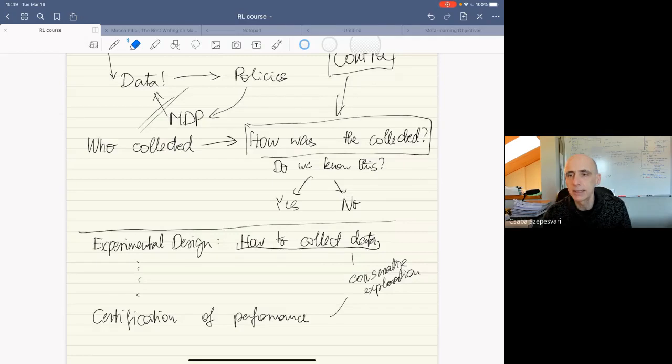Okay, I see that Roshan's asking a question. Could another way to think of these settings be that there is a human in the loop between the algorithm and implementing the policy? So you want to control the number of policy changes, so the human doesn't have to do too much work. Yeah, you can think about this. Yeah, so a few certified changes where the human has some oversight, and then you can't do too many of these updates. Anyways,